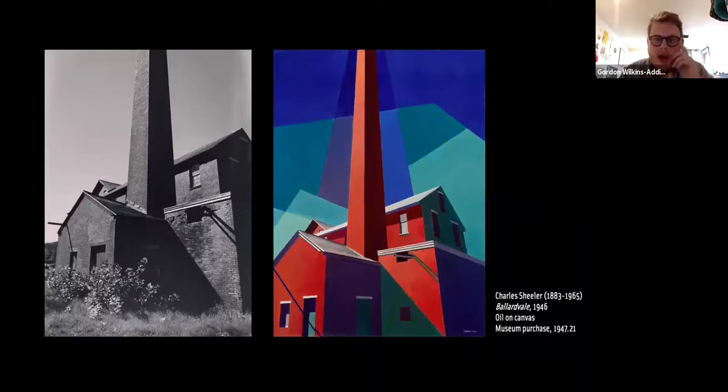He explored Andover, and was really drawn to the Ballardvale section of Andover, which is a former industrial area. He saw these hulking old mill buildings, which he described later on as carcasses on the landscape. And he took photographs of them. Then he returned to his studio and would layer negatives and work with plexiglass to work out these very complex melded compositions, these angular, geometric compositions like the Ballardvale, which you see on the right,